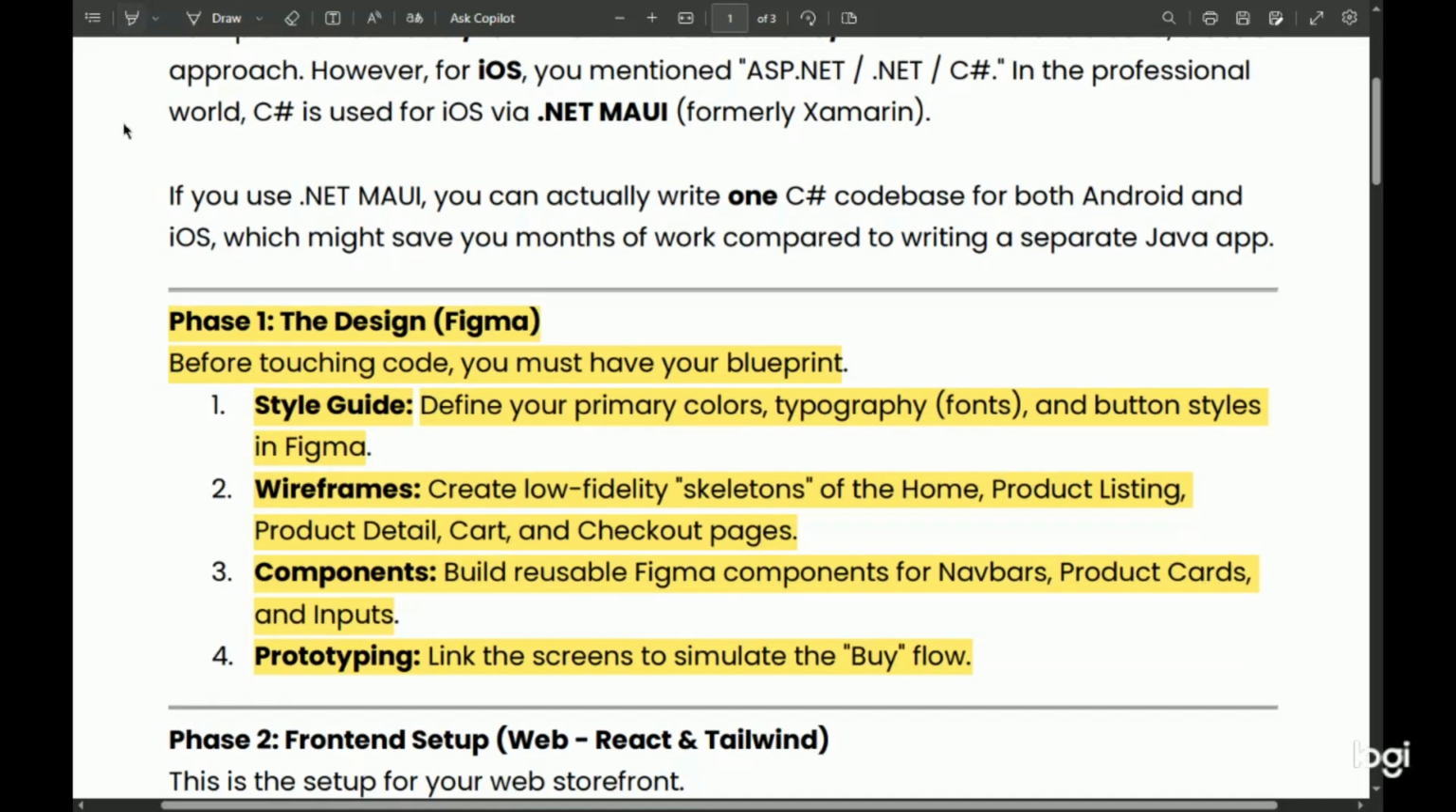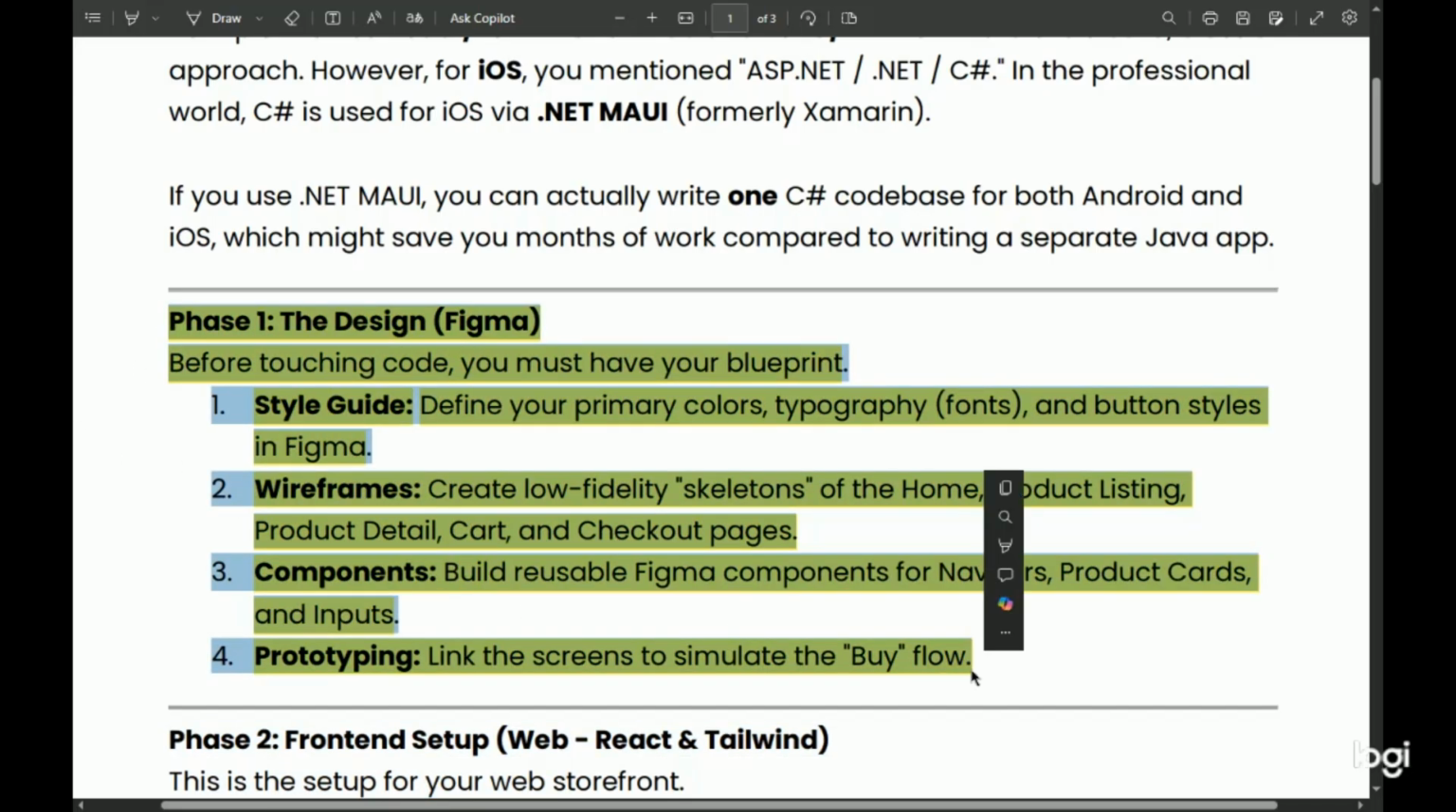Let's do this phase one, which means we design our full e-commerce website in Figma. First of all, we do the style guide, then the wireframes, then the components, and then the prototyping, which means we link one artboard to the second artboard, linking the screens to simulate the buy flow. So let's start to design our